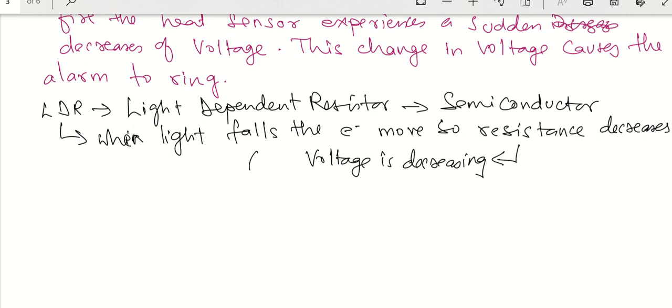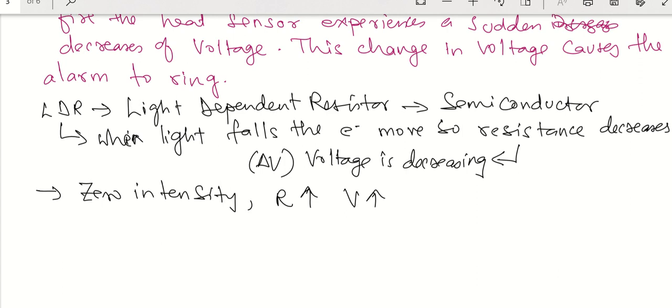Now there is a change in the voltage, which means delta V. So again, because of this, the same thing can happen. If you have excess light or no light, let us say zero intensity, then what will happen? Resistance will increase, so voltage will increase. And if it is maximum intensity, then resistance will decrease, voltage will decrease. So this is how your LDR actually works and the sensor works